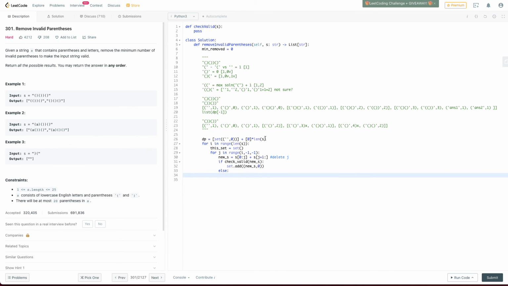So not valid. Then, so this is valid, we'll just add this to this set. And then if it's not valid, then I just want to look behind and add everything there. So dp of